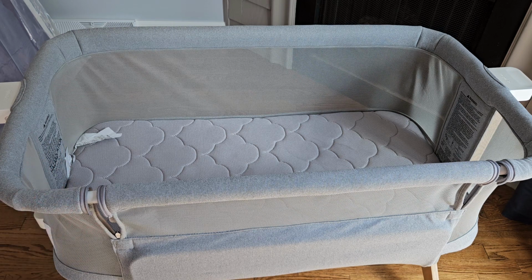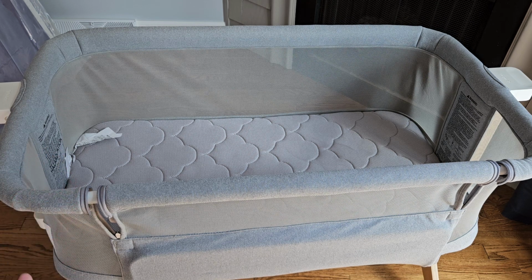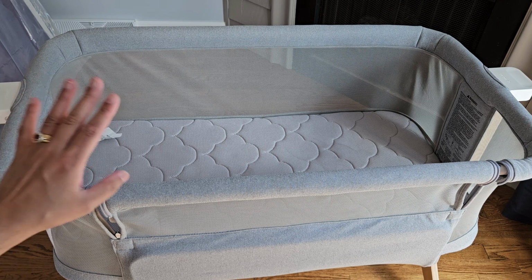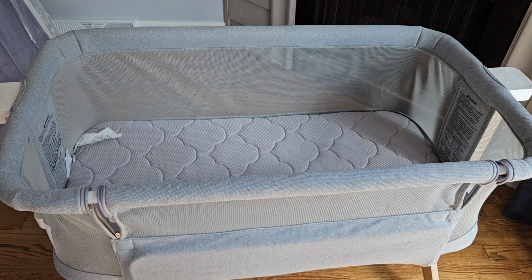And it was very, very difficult to fit all that in there. So again, I don't think this is super travel friendly. I think something like a pack and play is kind of the gold standard for travel friendly. And this is nowhere near as convenient. And then the final reason that I regret buying this is because I just don't think that I actually needed